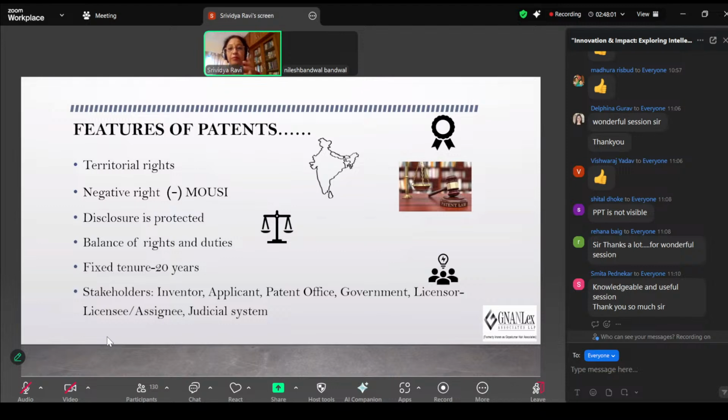So, launching on to what qualifies as the features of a patent. We'll just try and understand some basic concepts on what a patent is. A patent is a territorial right, basically, granted to inventions. So, territorial means your rights are limited to the country where you have applied and you have been granted patent protection for your invention. If you have an Indian patent, you can enforce it only in India. If you have a US patent, only in